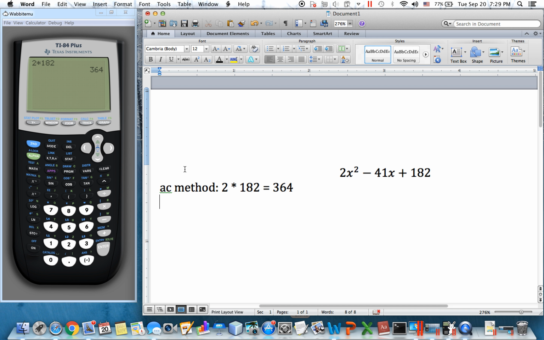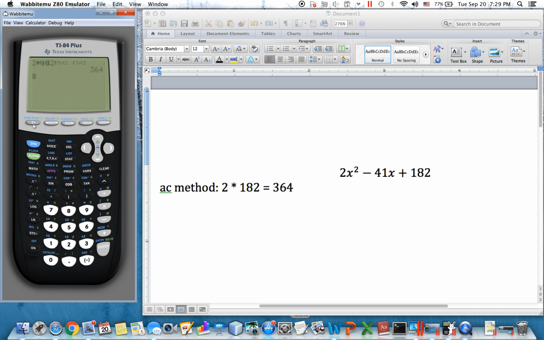So how do we do it? We just go to the y equals. We enter 2 times 182, and the trick is you divide it by x. And you just go to the table. Do you see the table in the blue color? Before you hit the button, you have to hit second first. We almost start on 1.